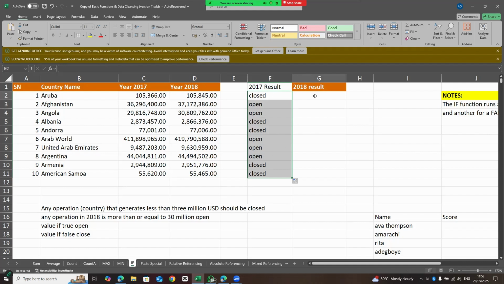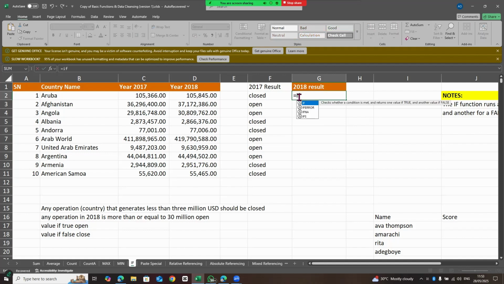So let's see for 2018. They said any operation in 2018 that is more than or equal to 30 million should be open. So if it is not more than 30 million, it should be closed. That's what your question is. So you type in your formula equals to if,